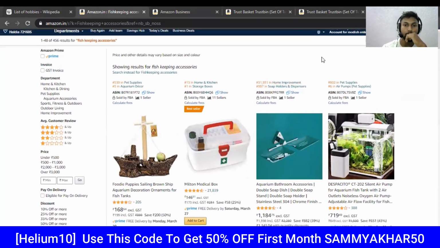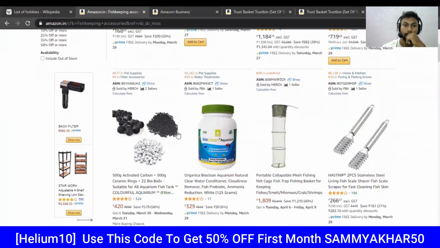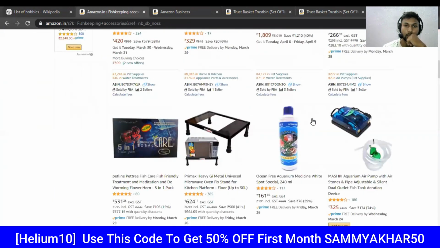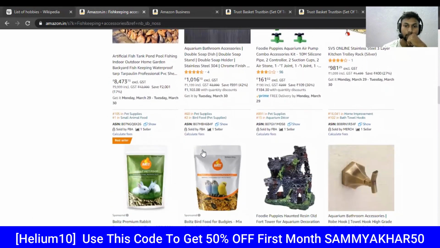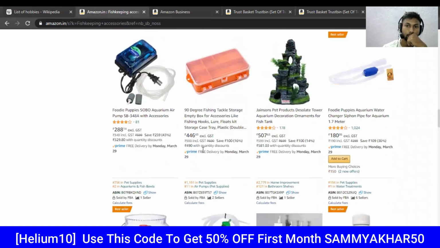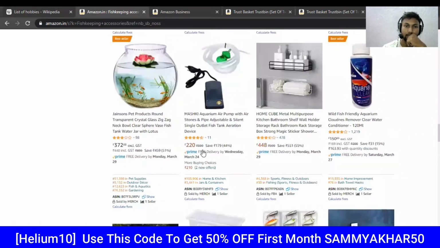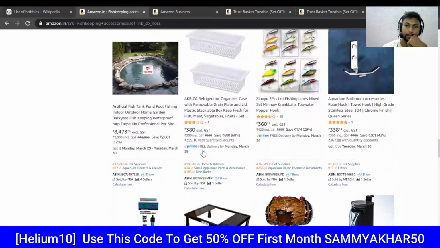So here you can see these are some good products. Okay, these are some unique products that you can enter here, like this one, ear pump, and here as well. Okay, now this is a good product. It looks like it has a good BSR as well, and here is also a good product. Okay, for pet supply as well, I think the sales are not that high, over 1000 or 700. Okay, because it is not that big a category.